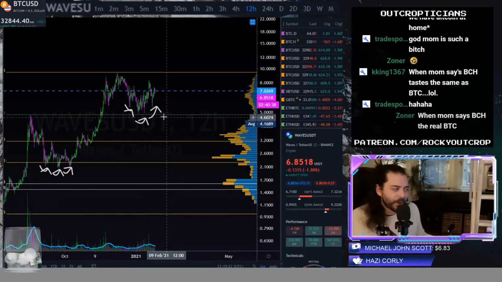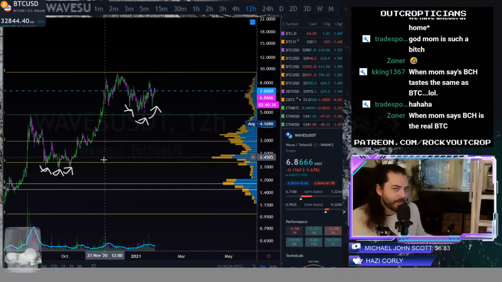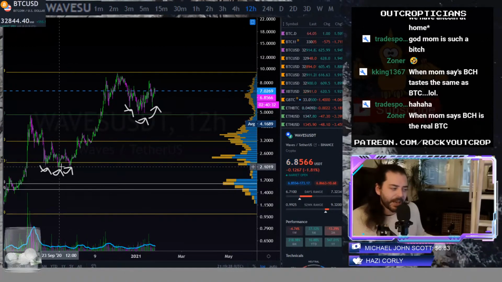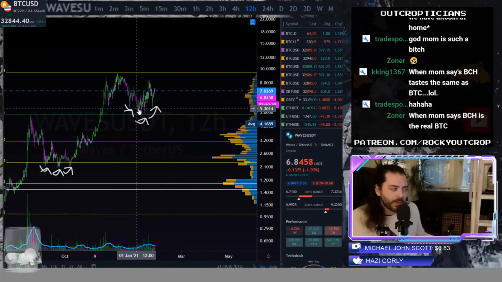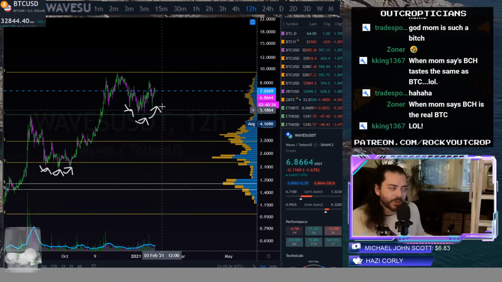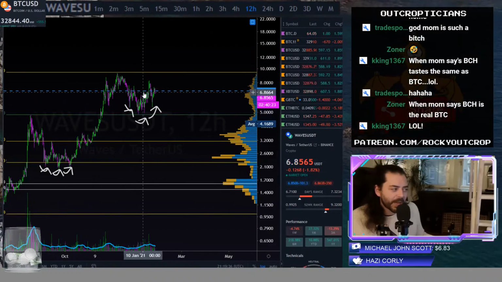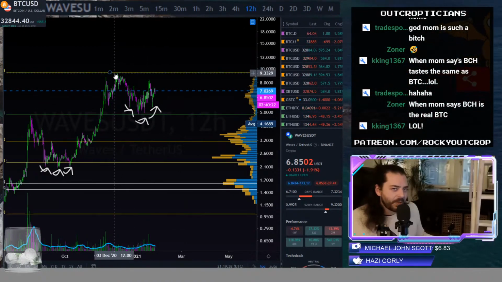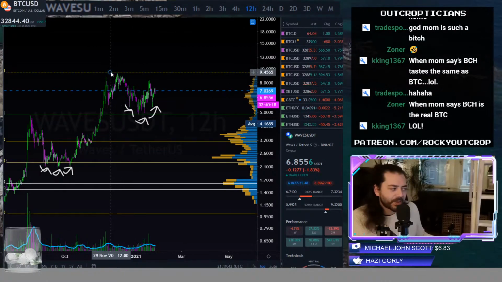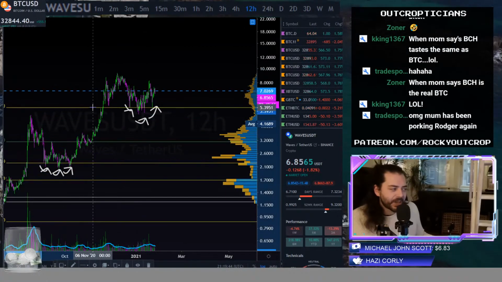But it is possible, as we saw in the past when we came down to the 382 as it was then and put in an inverted head and shoulders. Are we doing the same sort of structure here with a potential shoulder, head and shoulder, with a measured move off the back of this one taking us up past our previous highs? Is that possible? Well, so long as we stay above the 236 for now at 480s, it certainly is